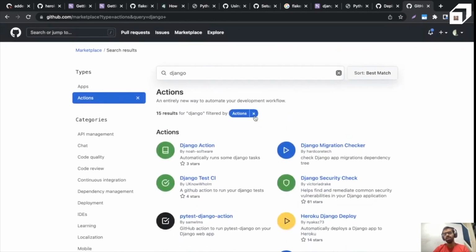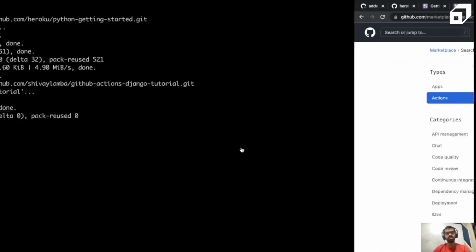And of course, you can also create your own action. We'll create a video in the future where we'll show you how you can create your own GitHub action and then get that published to the GitHub Actions marketplace as well. But yes, you find essentially dedicated actions for specific use cases, and of course one of the most popular